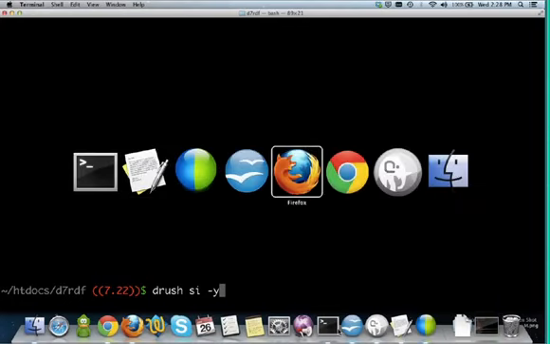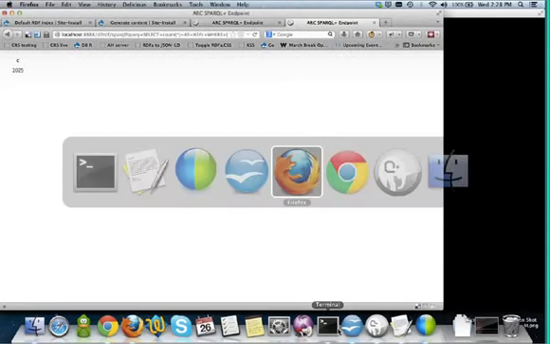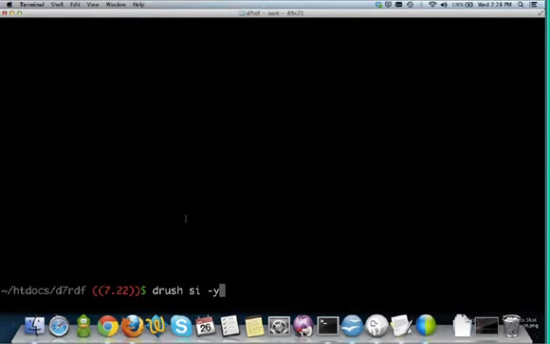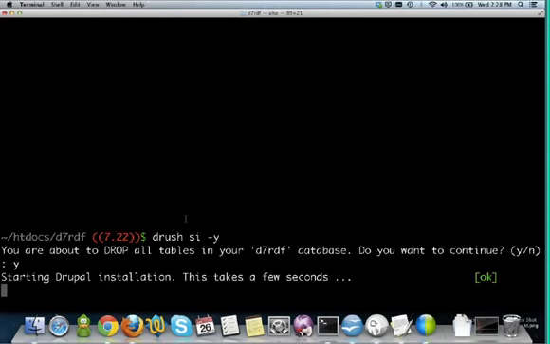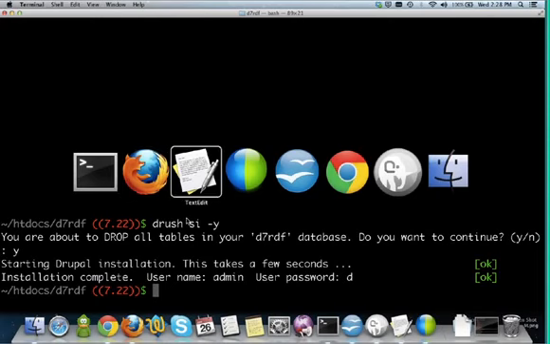So I'm going to start from scratch. I'm going to install Drupal 7 on my local machine from scratch, and just to show you a few of the features that the RDF Indexer module can provide. So I've installed